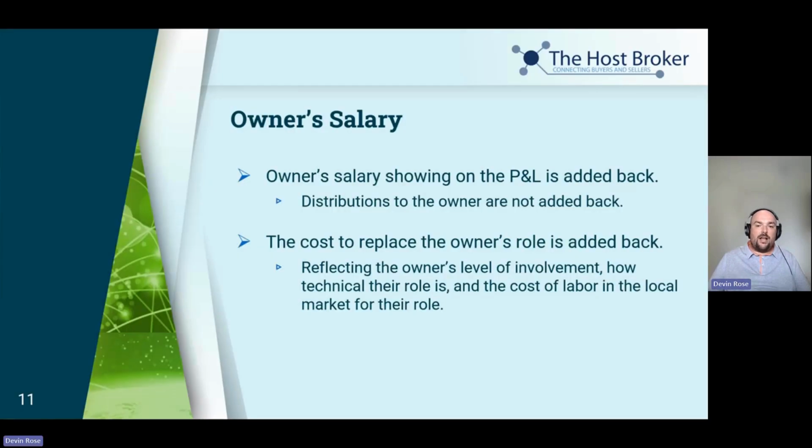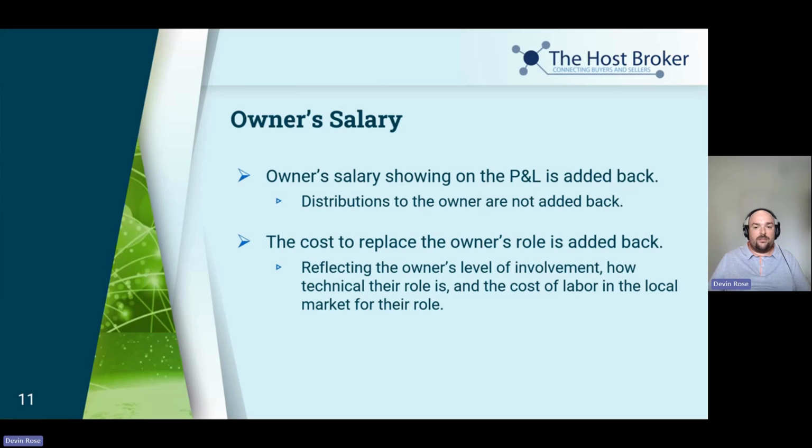The adjustment for the owner's salary is a two-step process. It's only the owner's salary that's shown on the P&L that's added back. We don't do anything about distributions. Those are not added back. And the two steps are first, we subtract what the owner is actually paying themselves, and then we add back the fair market value to replace their role. And so this should incorporate some factors like how involved is the owner. If they're half time, you only add back half their salary